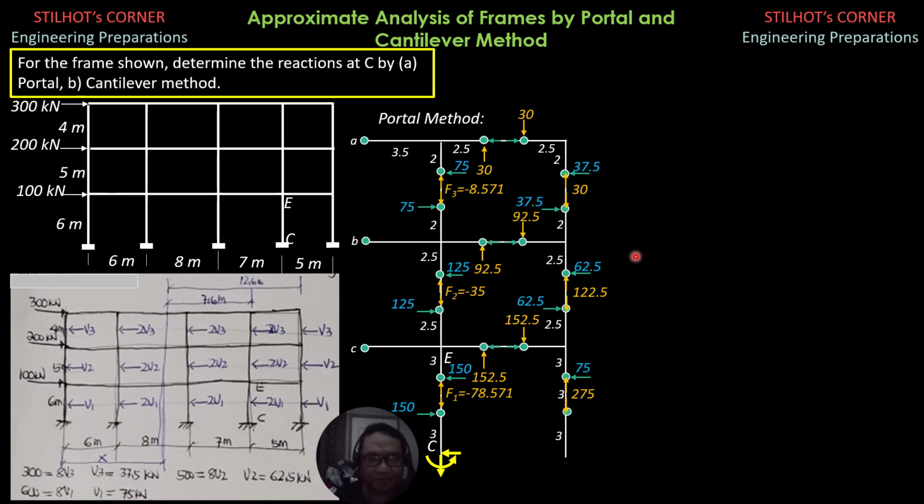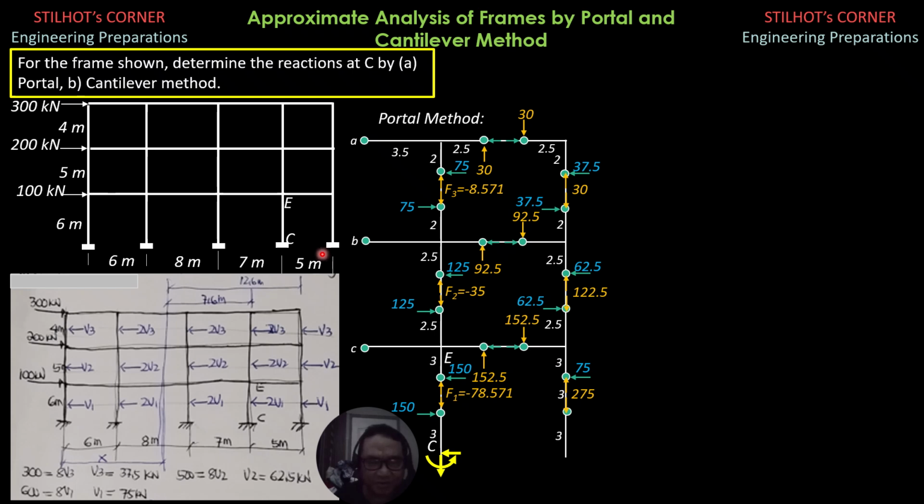Then we proceed to this free body diagram and solve for this force by taking moments about this point. Show that it is 122.5. Then summation forces y, show that this is 92.5. So 92.5, not important forces. Summation moment about point B equals 0. Take note that's 3.5. So F2 times 3.5 plus 92.5 times 6 equals 75 times 2 plus negative 8.571 times 3.5,